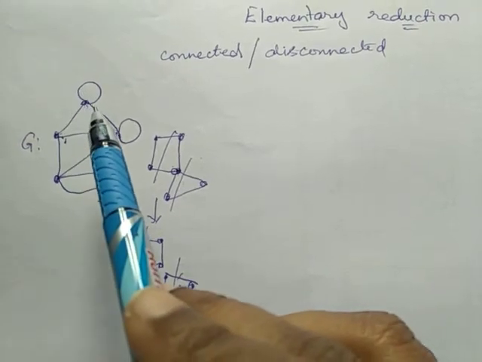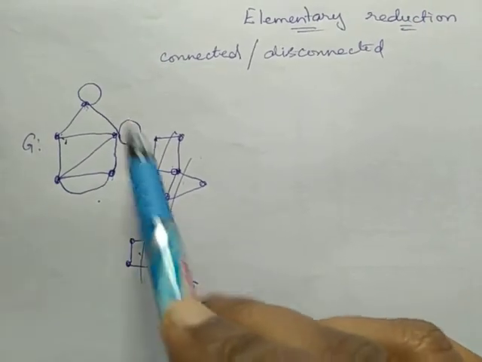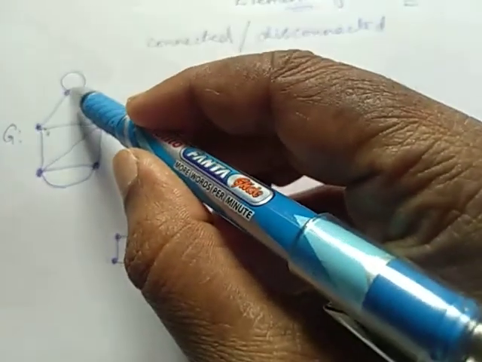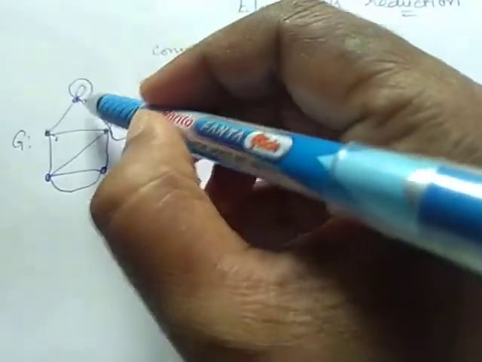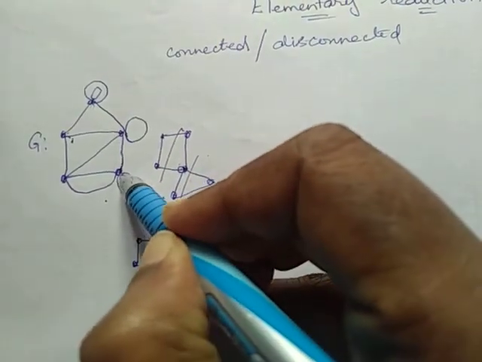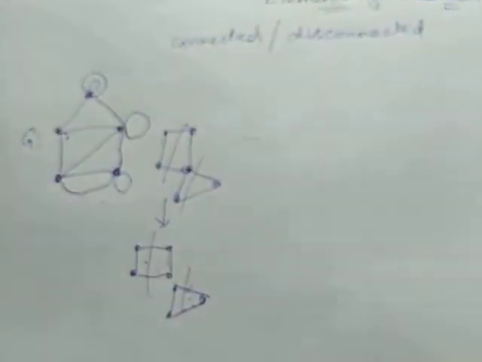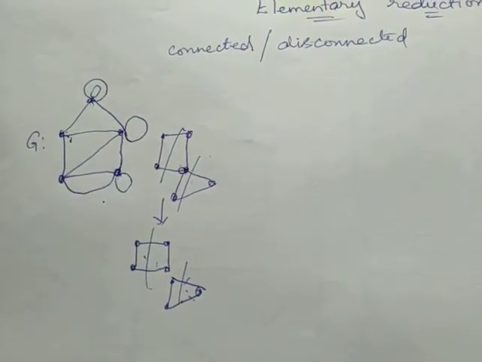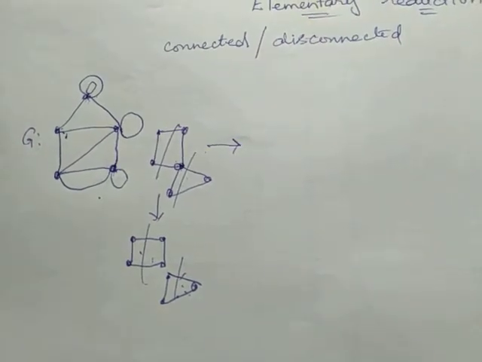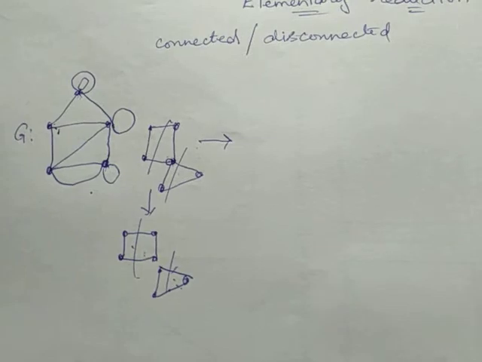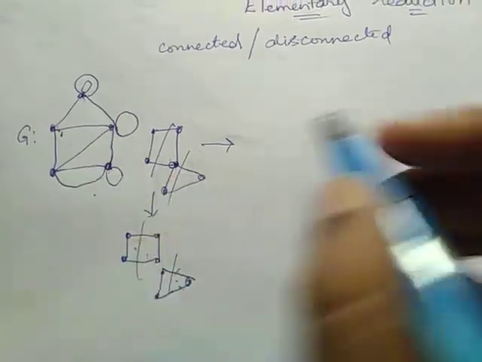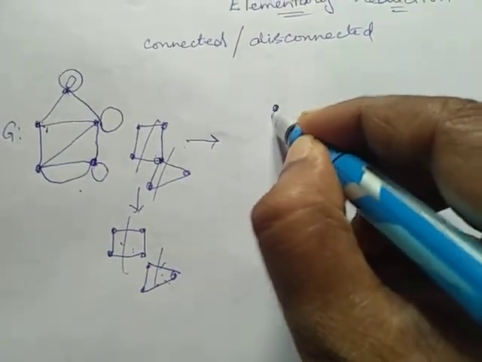Since addition or removal of loops does not affect planarity, right? If I add any number of loops here, the edges will not intersect each other. If I have a loop here also, it will not intersect with other edges, therefore it does not affect planarity. So very first thing, if it has blocks, separate the blocks. Second thing, if it has loops, remove the loops. If I remove the self loops, I'll get the graph in this form.